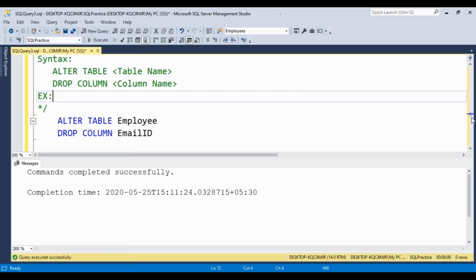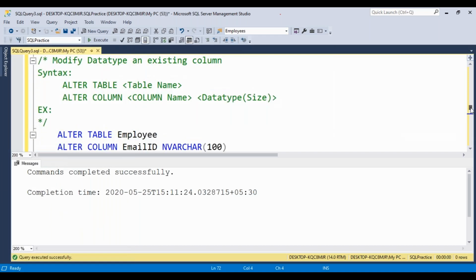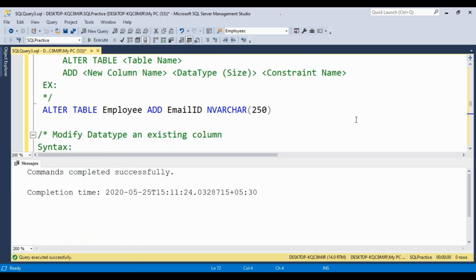Now you can observe, how can I create more than one column in an existing table? How we can add more than one column in an existing table. You can observe we have already removed the email ID column. Now again I want to add new columns.